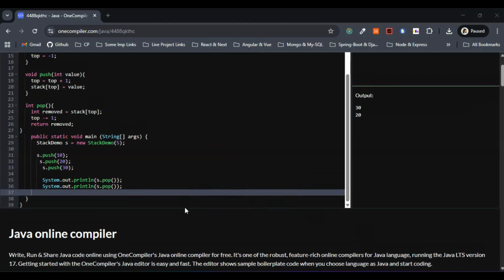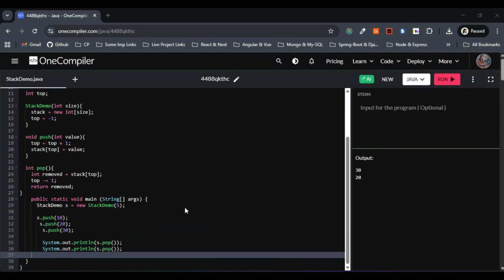So this is it about the stack. We have written the correct code and we are getting the desired output. Now let's discuss the real world applications of the stack. So the first thing,